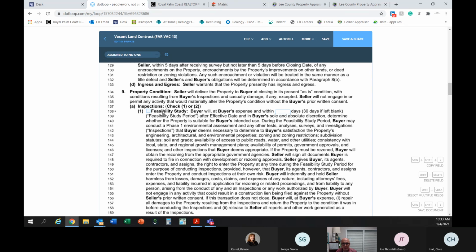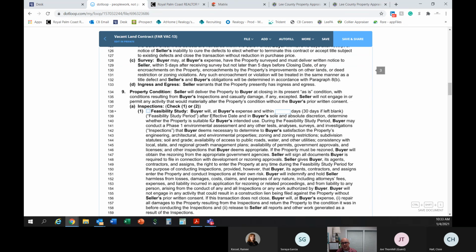Okay, so the first one is feasibility study. Buyer will, at buyer's expense and within blank days, by default it's 30, and we're calling that period the feasibility study period, after effective date, and in buyer's sole and absolute discretion, determine whether the property is suitable for buyer's intended use. During the feasibility study period, a buyer may conduct a phase 1 environmental assessment and any other tests, analyses, surveys, and